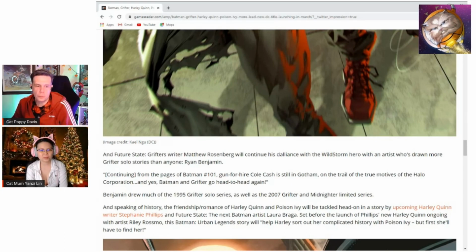Grifter being a character from Wildcats. Now, Grifter did have a series on his own, along with, I think, Voodoo in the New 52. These are characters that Jim Lee created when he was at Wildstorm, and Warner Brothers kind of owns them now. But you will see them sneak out in a reboot every now and then,